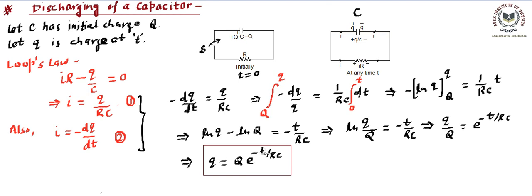Now if we take t by RC as a very large value, that means t after a long time or a steady state case, then you'll find e raised to power minus infinity becomes 0, hence small q becomes 0. That means after a long time there will be no charge on this capacitor. Once the capacitor becomes completely discharged, there will be zero potential difference, and the resistance will also have zero potential difference. Then this circuit will become nullified. That means there will be no current or no charge on it.